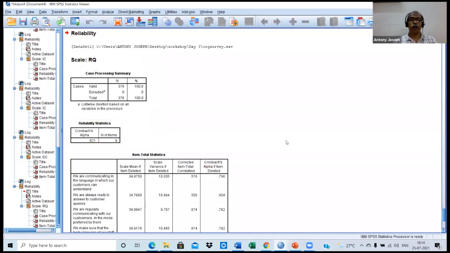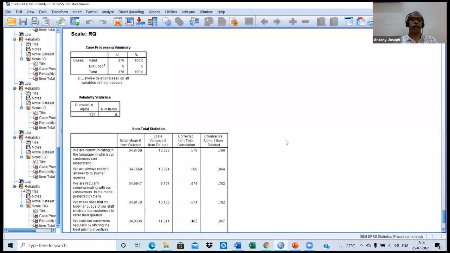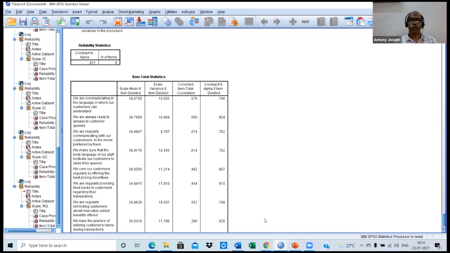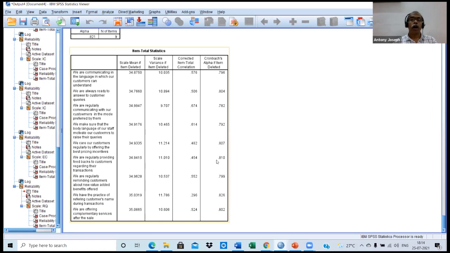Cronbach alpha is 0.821. Nine items were there. Here it is 0.821. There is one item with Cronbach alpha greater than 0.821. That is, here it is 0.826.